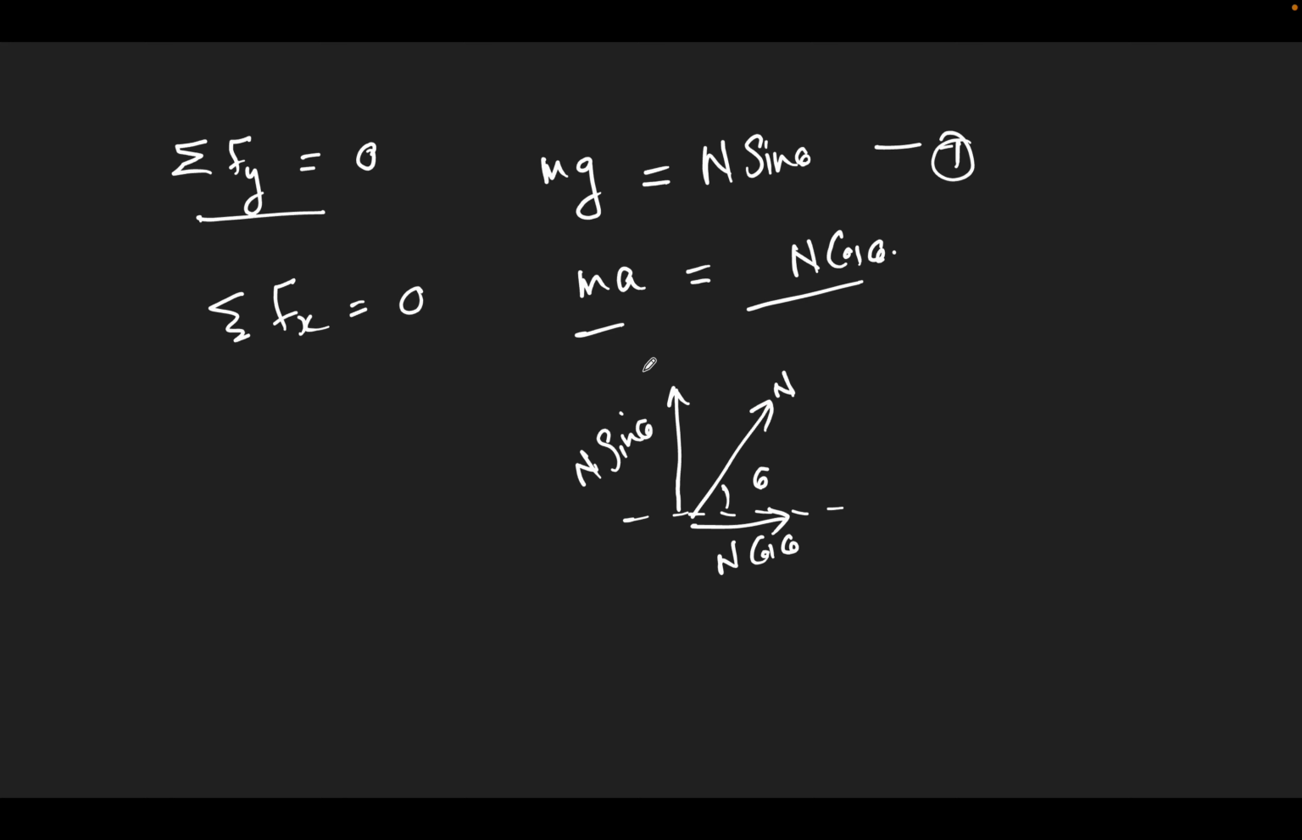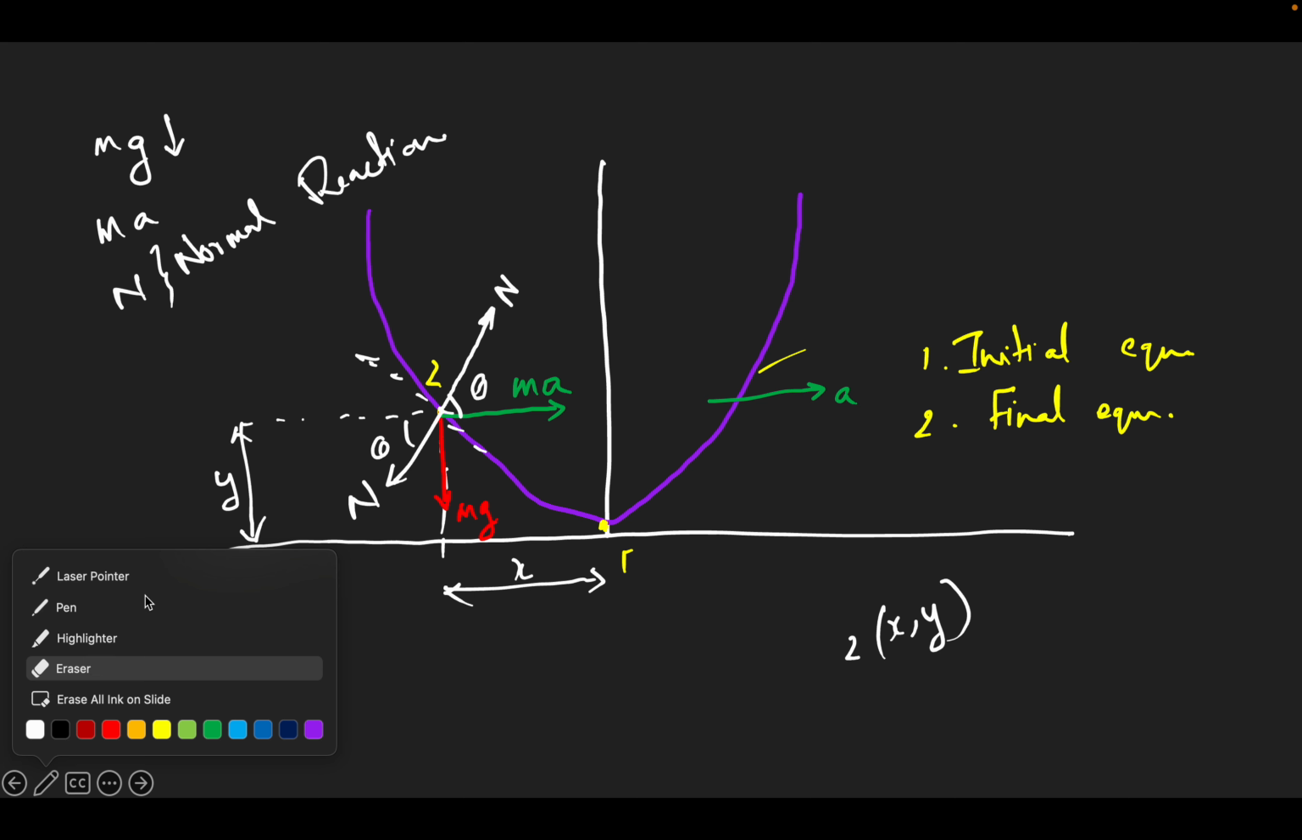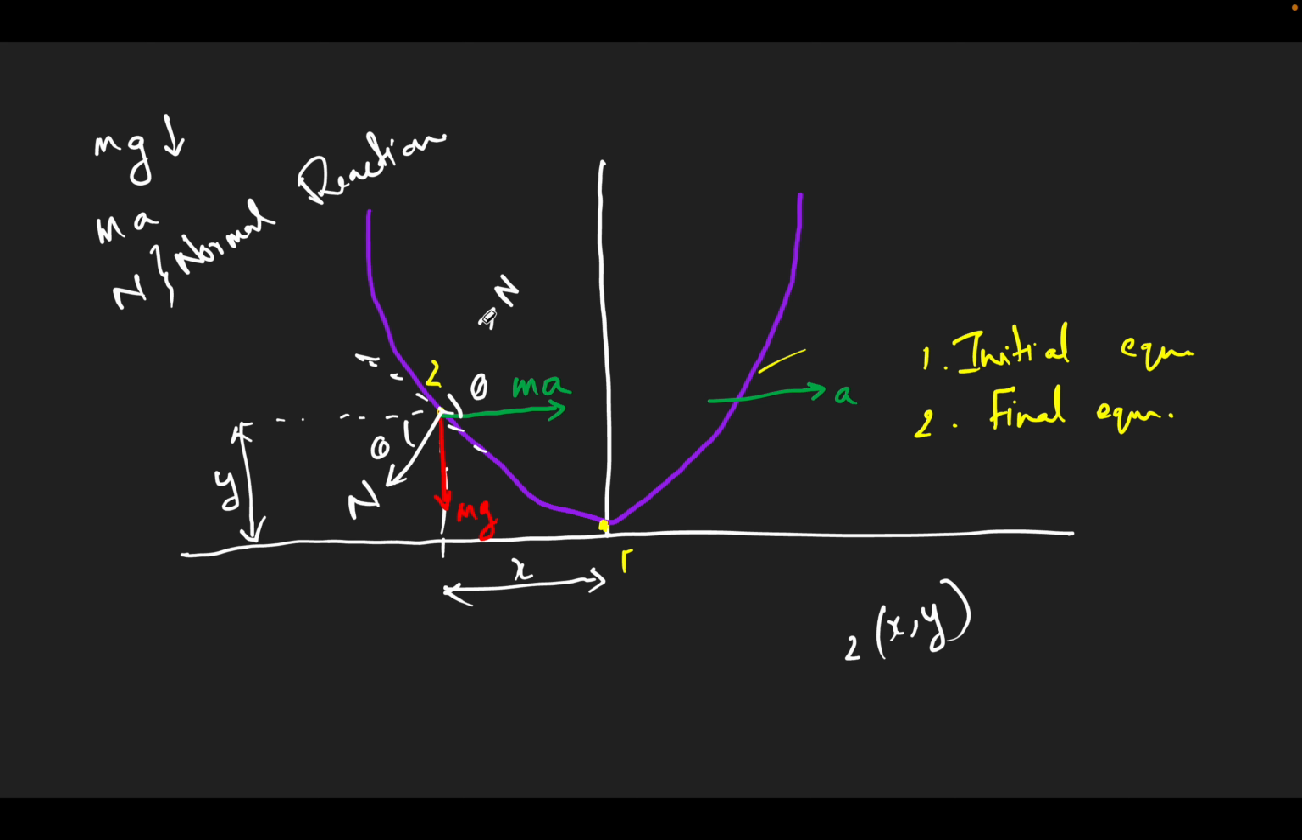Then only this ma can be balanced. So as you solve the problem, things can be altered, things can change. Right now I'm putting N like this. Why? Because I know the ma must be cancelled out, so N has to be in this direction. So again,